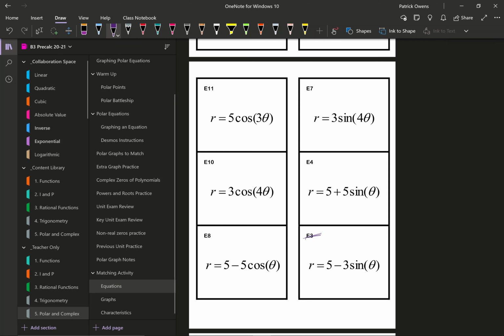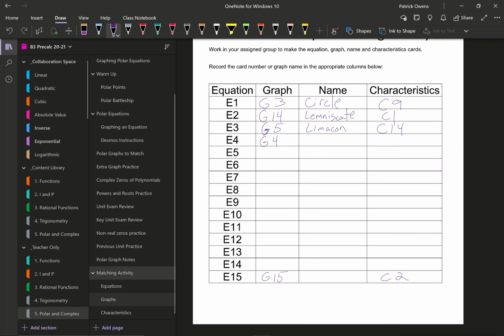So with G4, 5 plus 5 sine of theta, the positive 5 that's being multiplied by sine tells us that most of the graph is going to be above the x-axis. Our greatest value is going to be the sum of the two numbers, so 5 plus 5 is 10, and then our cardioid, because they're the same number, will pinch back into 0 because the difference is 0. So we've got a cardioid for that, and then our characteristics,